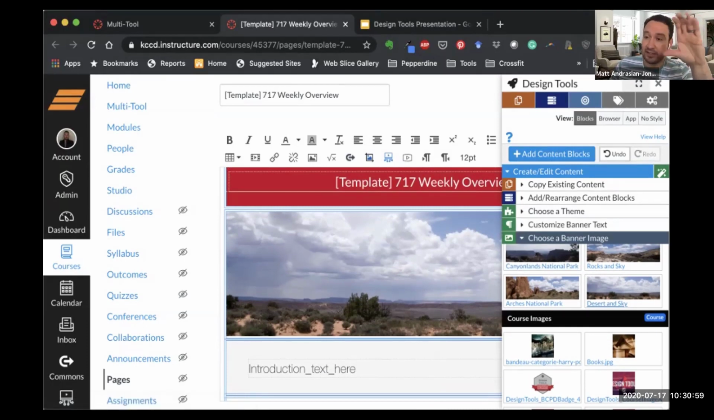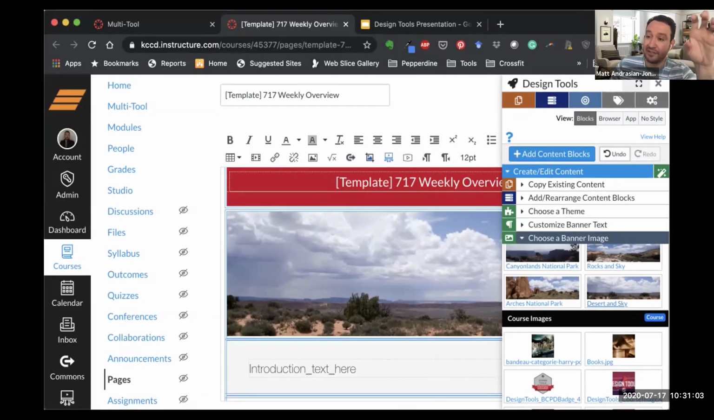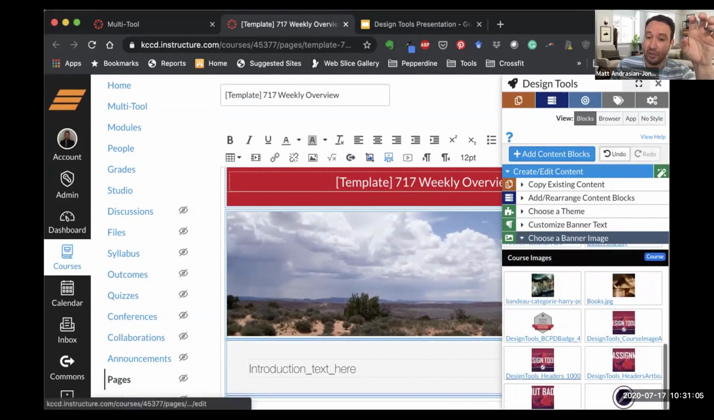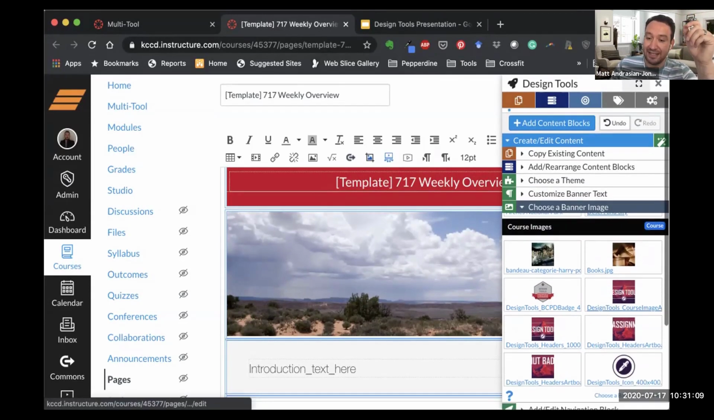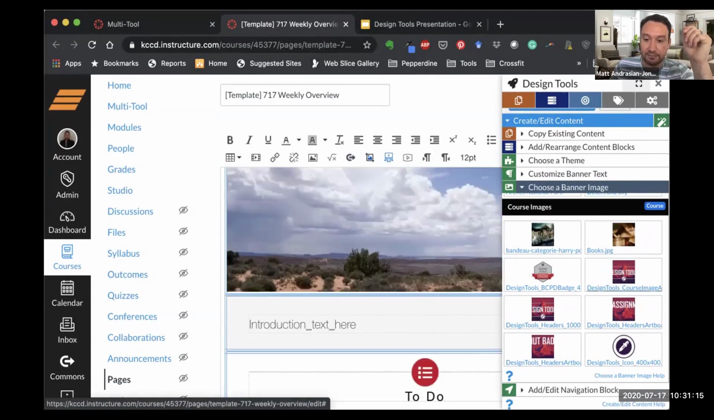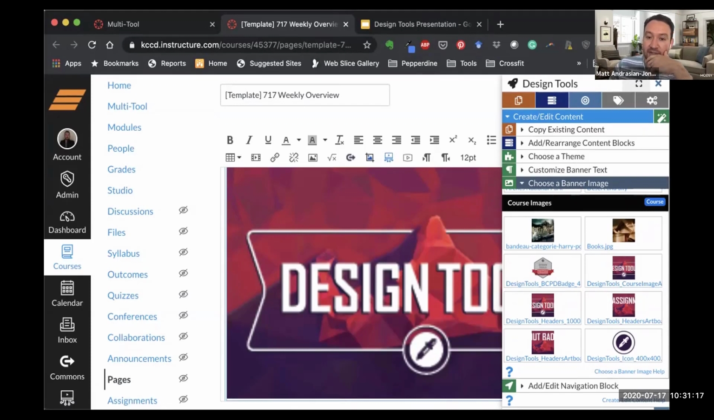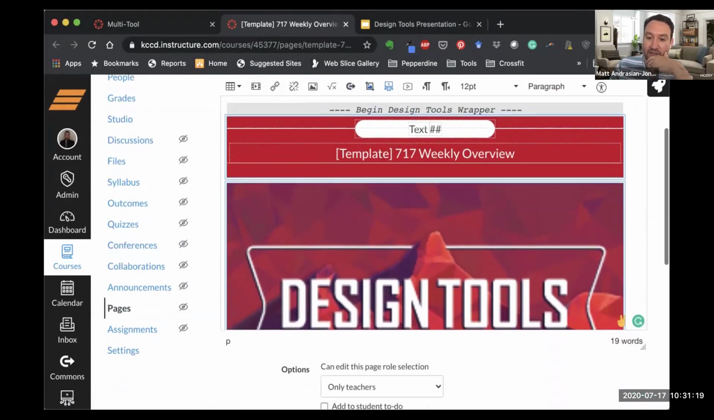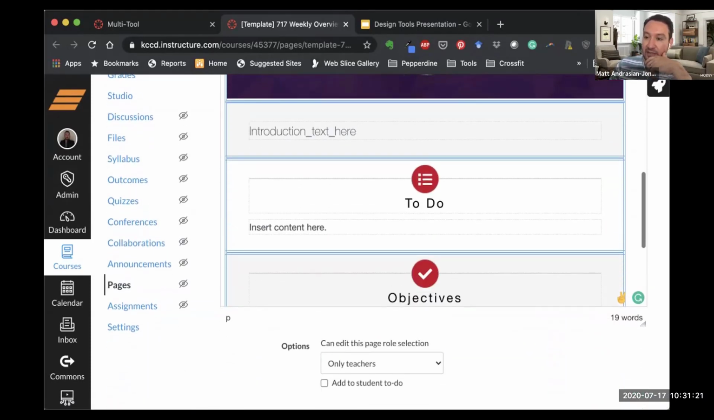And I'm not going to go over that. That's a Canvas basics thing. But as soon as you upload images into your Canvas files, you're going to have them available below to use in this spot. However, you'll notice that if I choose an image that doesn't have the proper dimensions, let me choose course header. You'll notice that it looks blurry and funky on the page and takes up a lot of space,